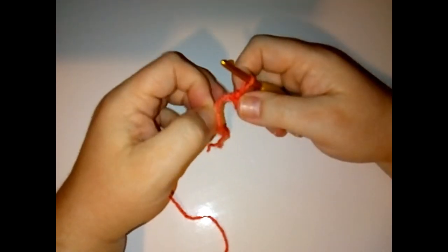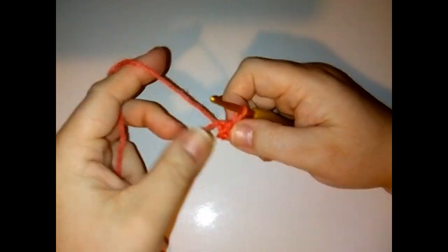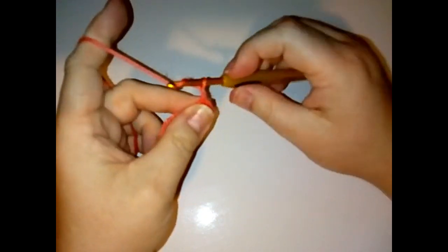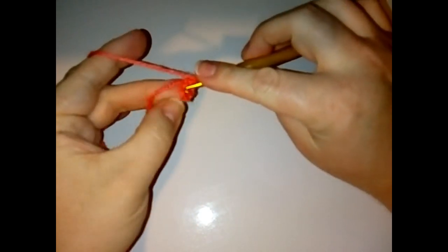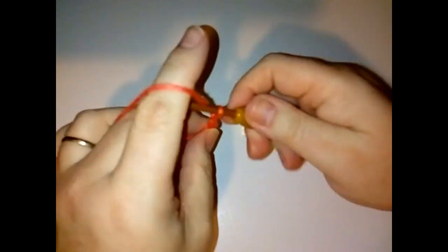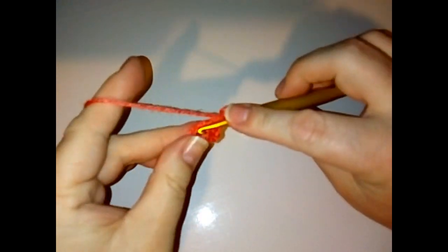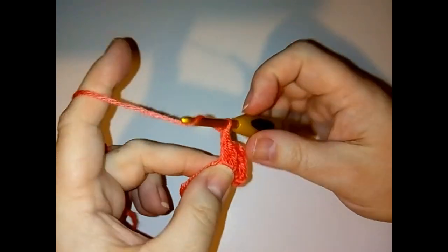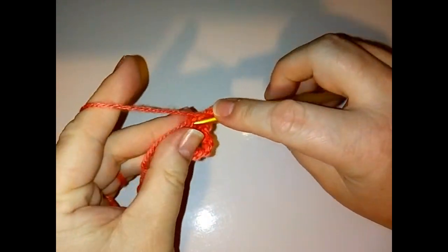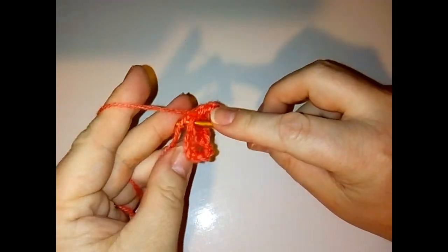Okay, so to start round 1, make a magic ring or chain 4 and make a slip stitch to form a ring. And then we're going to chain 3 as our first double crochet, and then make a second double crochet into the center of your ring. Chain 3 for your corner and 2 double crochet. Chain 3 for your corner, 2 double crochet, chain 3, 2 double crochet,